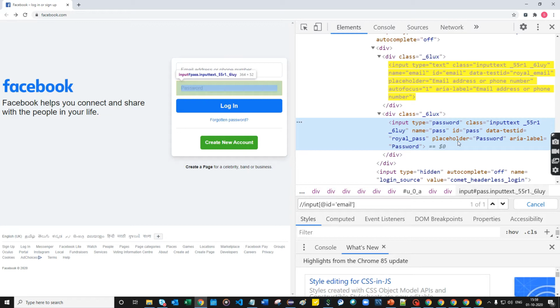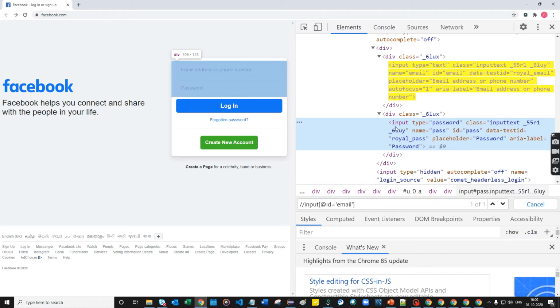We also have to see the aria-label. Here I'm going to take the placeholder. Placeholder is a locator, but the Selenium locators that are available by default, in the Selenium plugin, are name, ID and class; placeholder is not available. But apart from these basic locators, we can utilize it inside XPath. Okay, I'm going to show you.